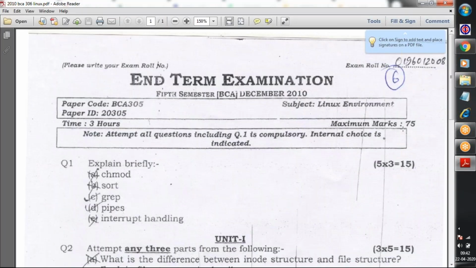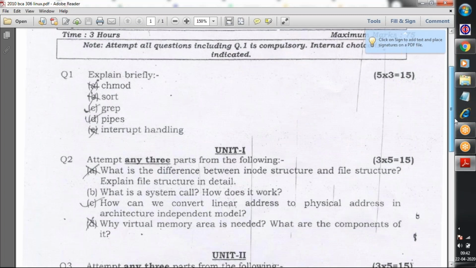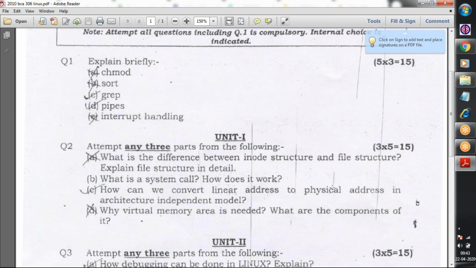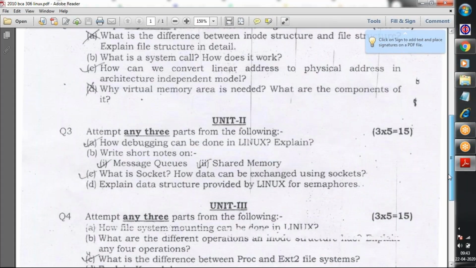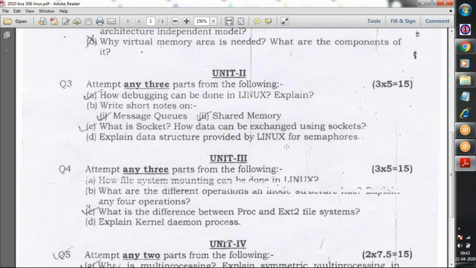All the commands, sorting, grepping, interrupt, difference between inode and a file structure. What do you mean by a file structure? System call, linear addresses, physical addresses, virtual memory, debugging, short notes on message queues, shared memory, what are sockets, data structures for the semaphores.